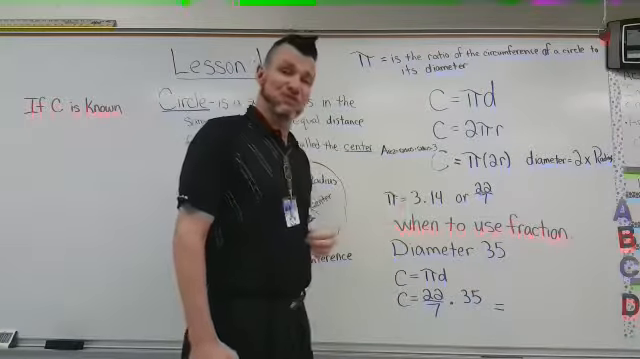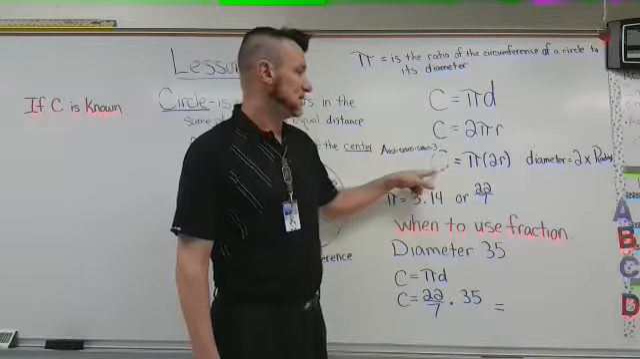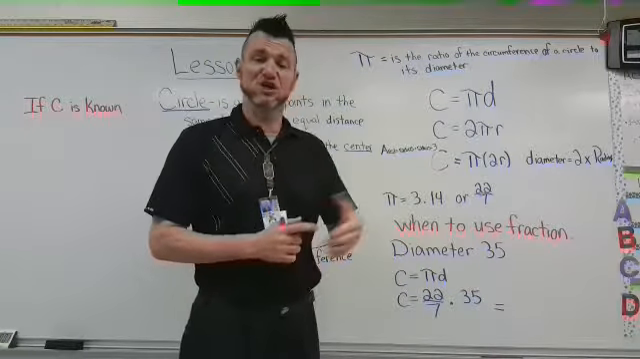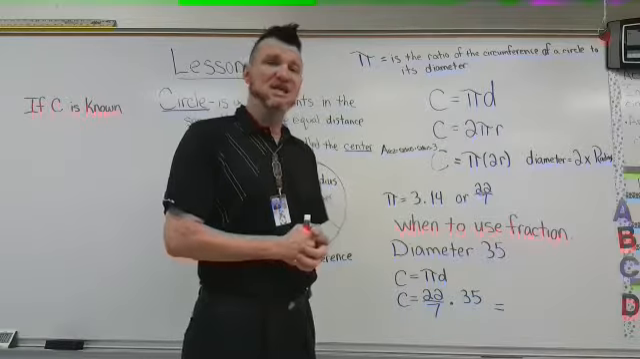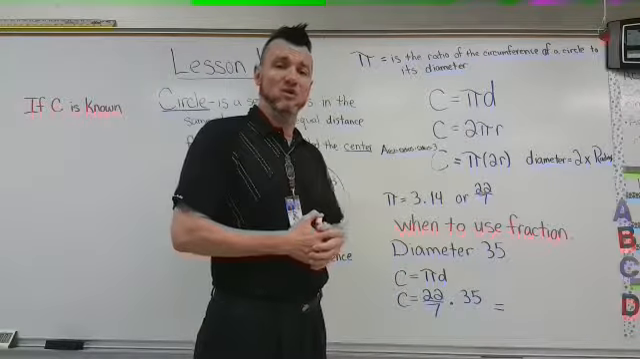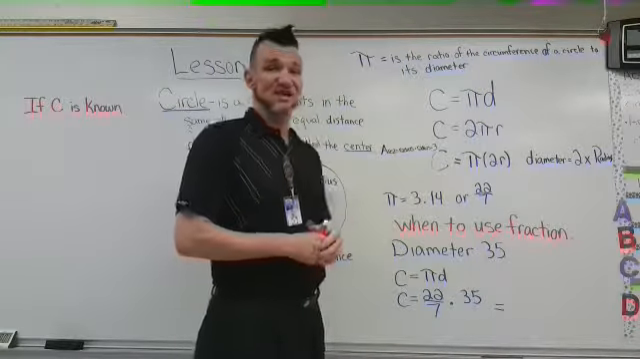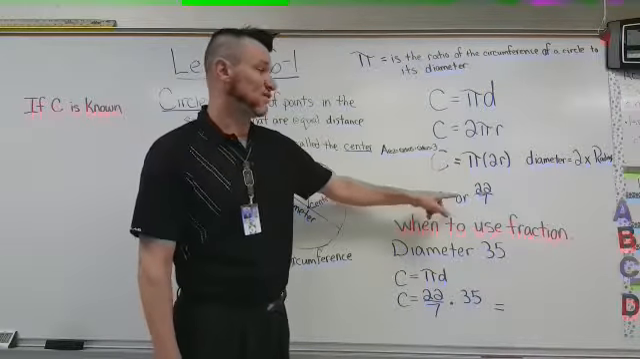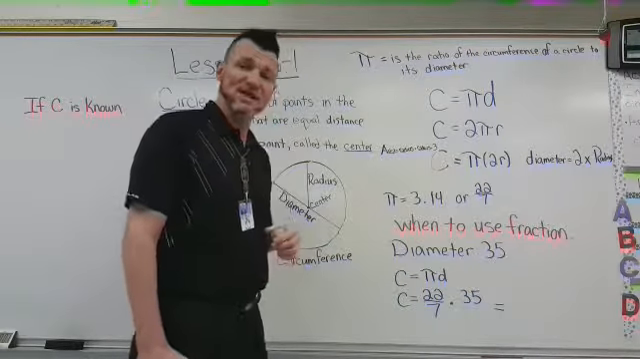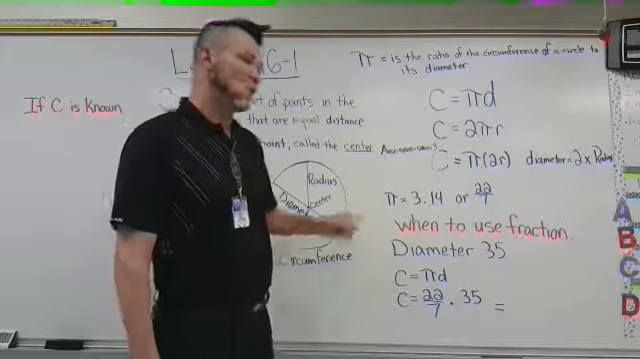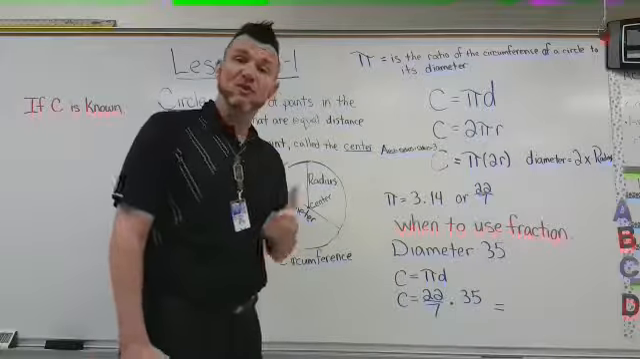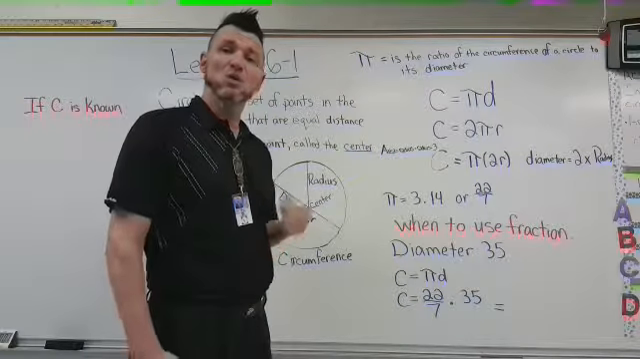But due to the commutative property, we know that C equals pi times 2r also holds true, because the commutative property of multiplication says that it does not matter which order you multiply in, you will still get the same answer. Now, we have pi equals 3.14, or its fractional form, 22 over 7. So, when to use the fraction? Well, if you have the diameter of 35, which is a multiple of 7, you would want to use that